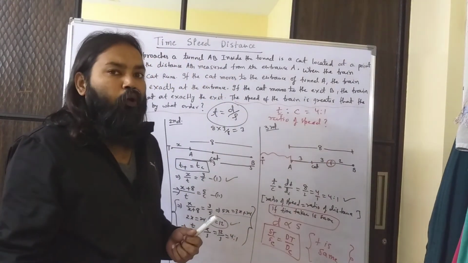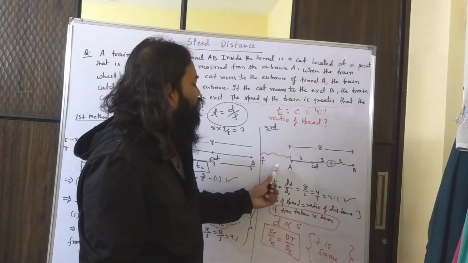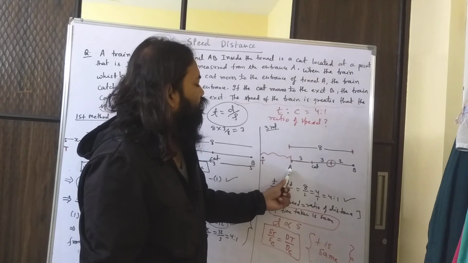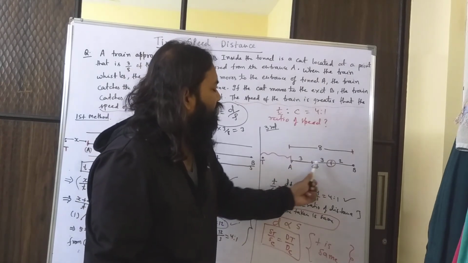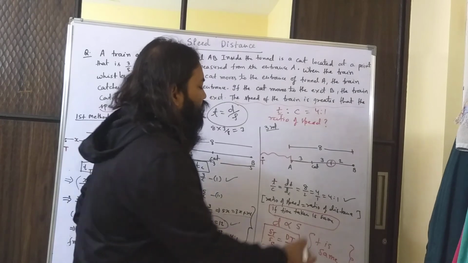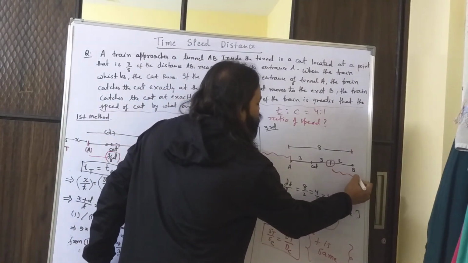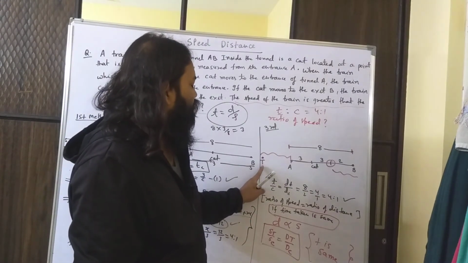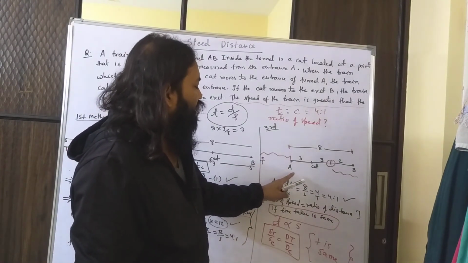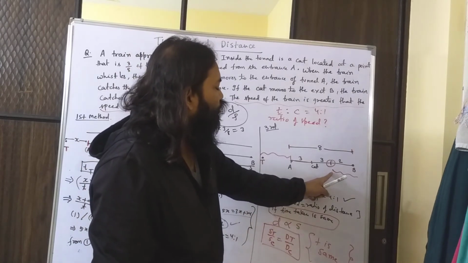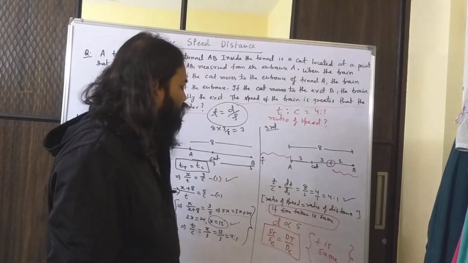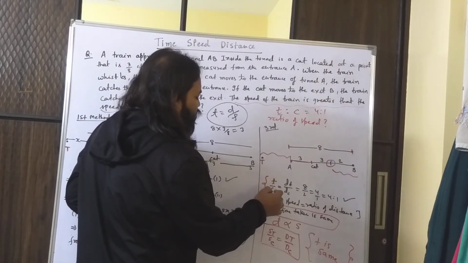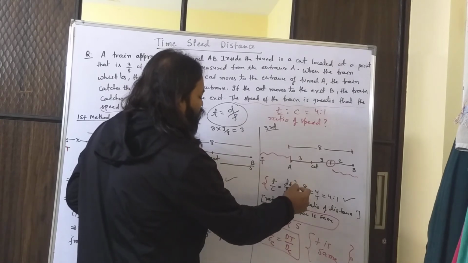So what has happened at this point of time? The train has reached the entrance A and the cat is at 3 plus 3, 6 from entrance A, and it is at 2 units of distance from exit B. Okay. So what has happened? The train has gone from this place to the point A and the cat is at a distance of 2 units from the exit B. Now the ratio of speeds will be T by C, and that will be equal to dt upon dc.